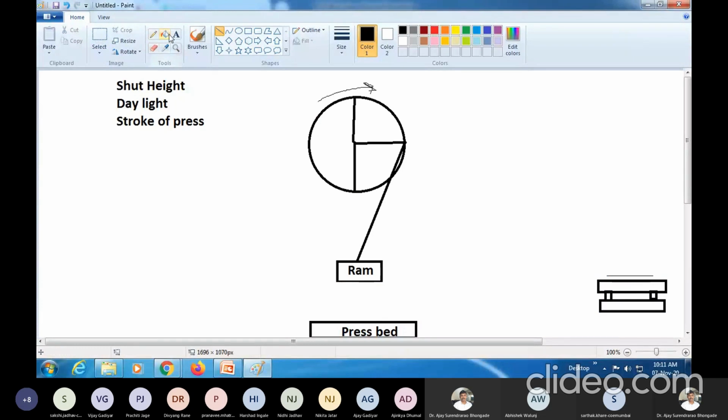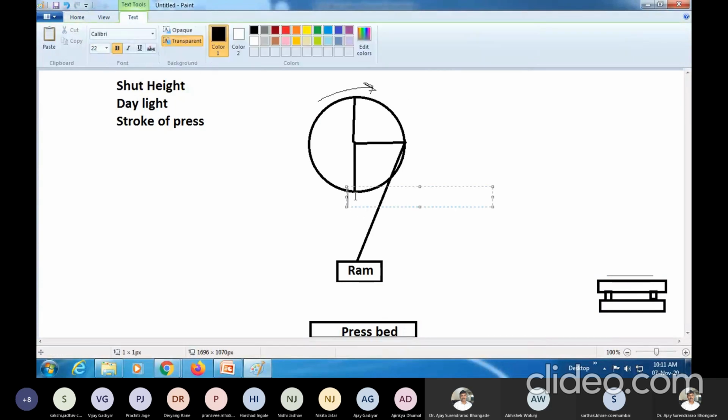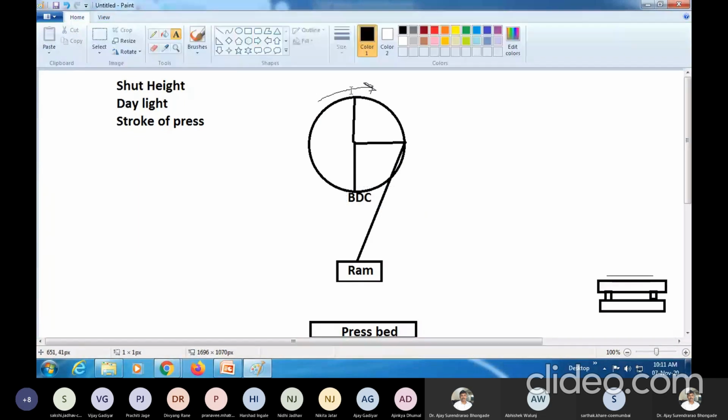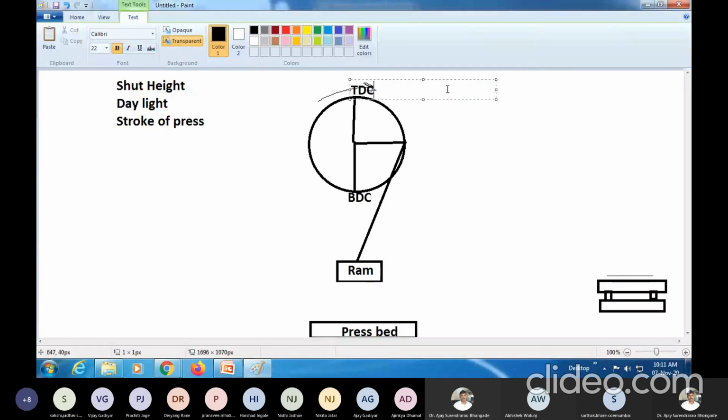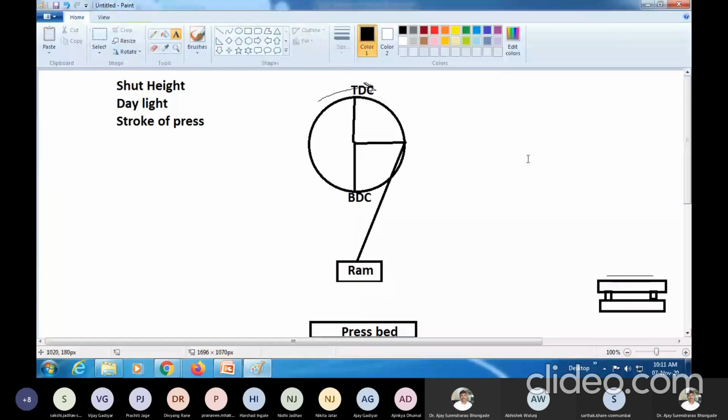This position is what we call BDC, bottom dead center, because the crank is at its lowest position. Similarly, this is TDC, top dead center position. Depending on the position of the crank, we can have different motions and different positions of the ram, correct?